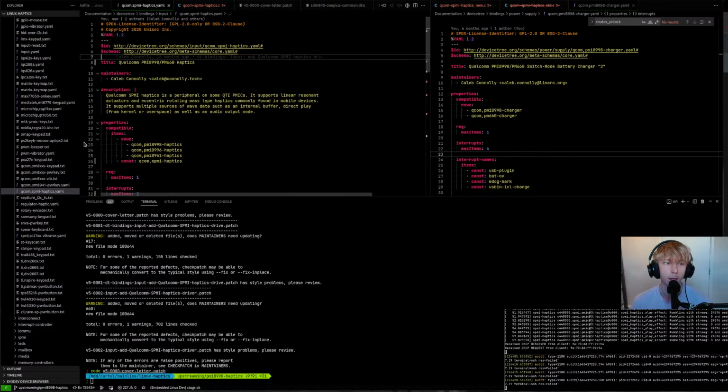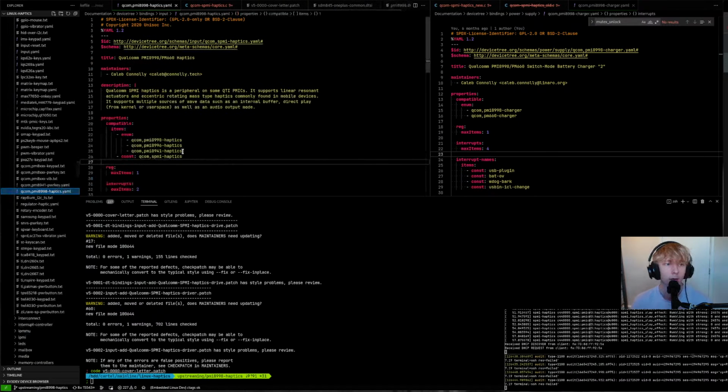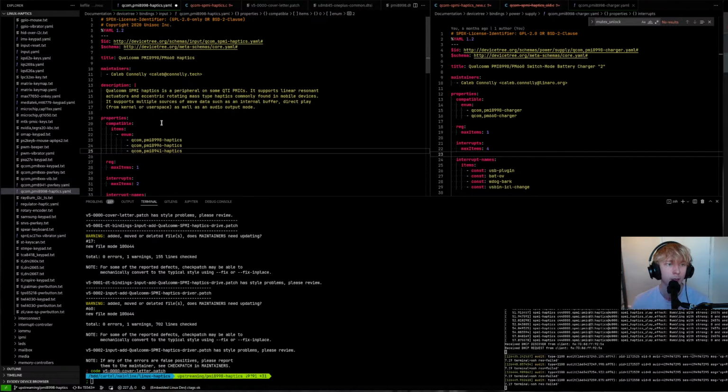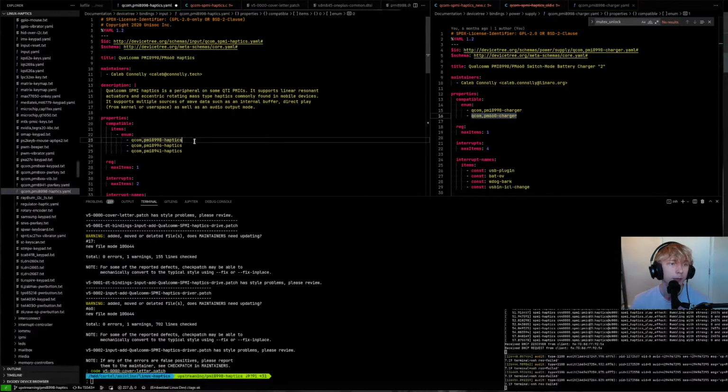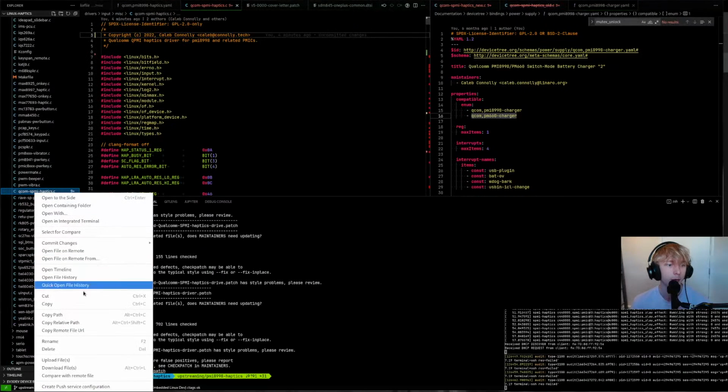I suppose I should rename this to something like how the charger is now named. SPMI haptics is a bit vague, and given that it only supports one generation of Qualcomm PMICs, or a few very closely related generations, I think this is kind of reasonable. If Tunis is still here, I'm sure they have some thoughts on that, but